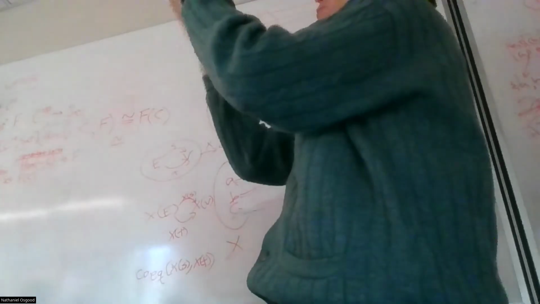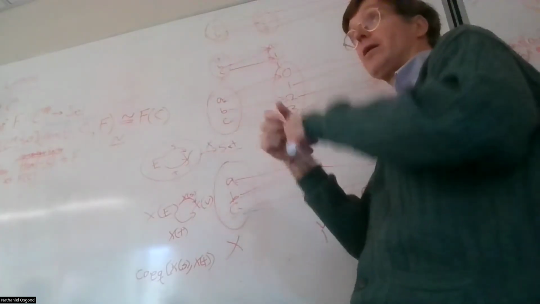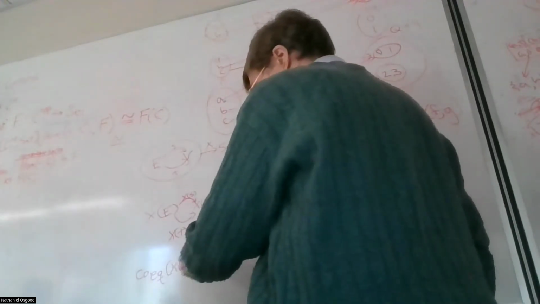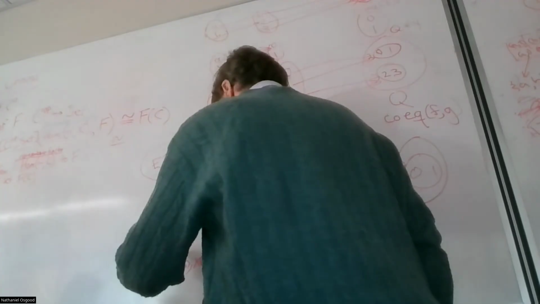So even though they may be several edges apart in the graph, they're in the same connected component. So the coequalizer of X of S and X of T gives